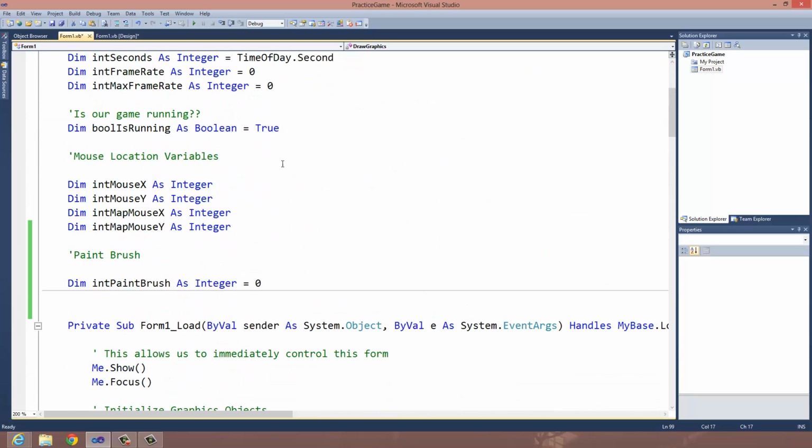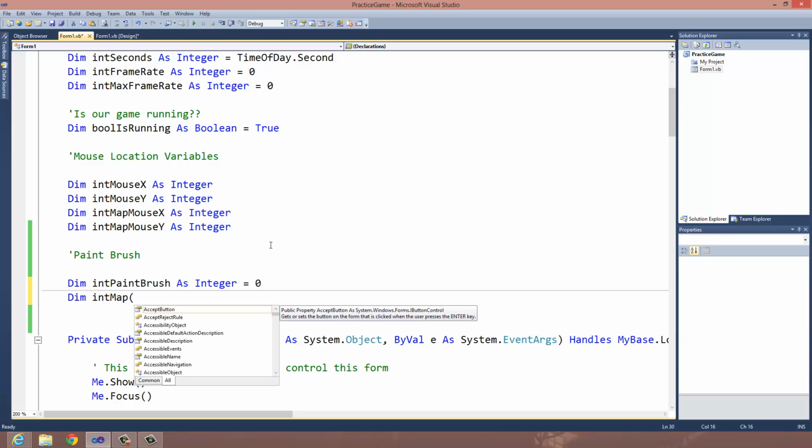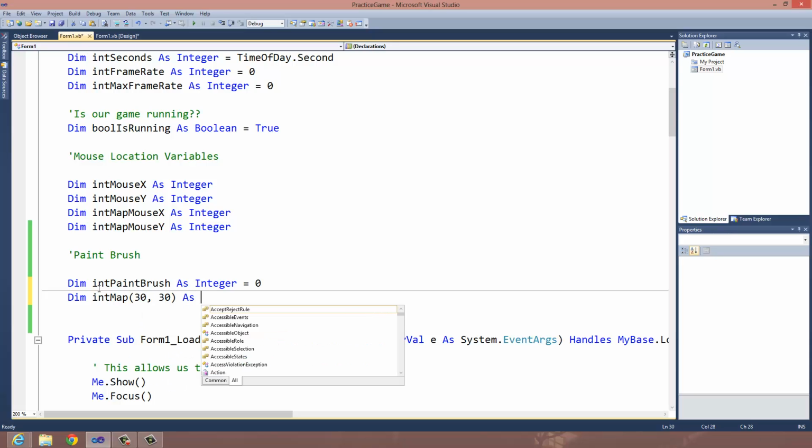So in order to do that, we're going to need a variable, and we're going to need a very powerful variable as well. And the most powerful variable we know is an array. It can store a lot of values, so we'll call this int map. And it's going to store in our entire map. But a one-dimensional array is too weak for the program we want to make, so we're going to make a two-dimensional array. And they're pretty straightforward. Since if we think of our program in terms of tile size, I think it maxes out at like 30 tiles or something. Let's set this one to a max value of 30 by 30